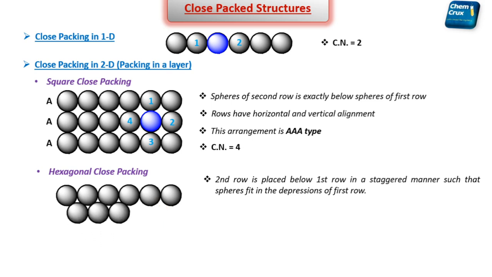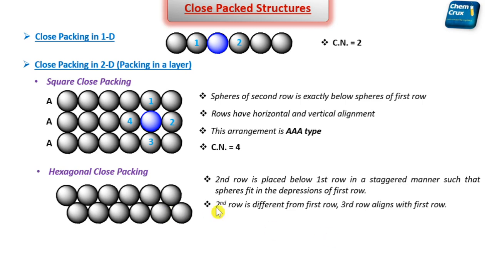So here you can see that the spheres are sitting in the depression of the spheres of the first row, right? So second row is different from the first row, correct? Now the third row will align with the spheres of the first row. So you can see that the spheres of the third row are actually in alignment with the spheres of the